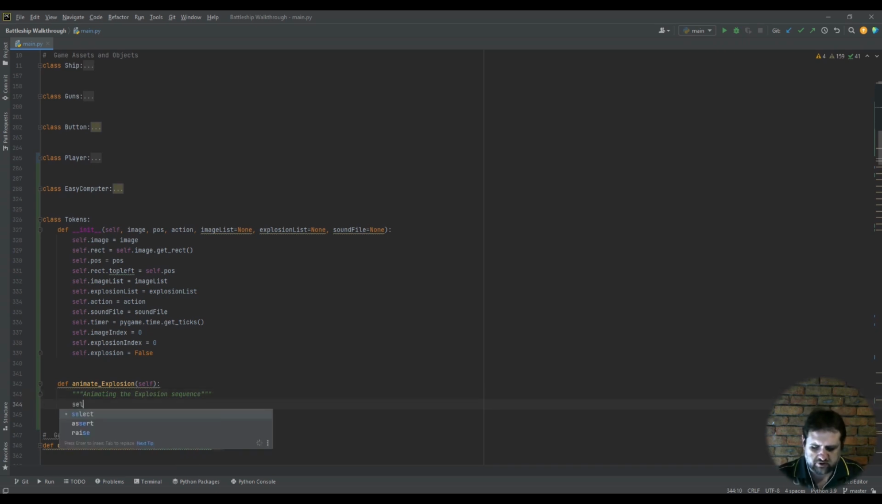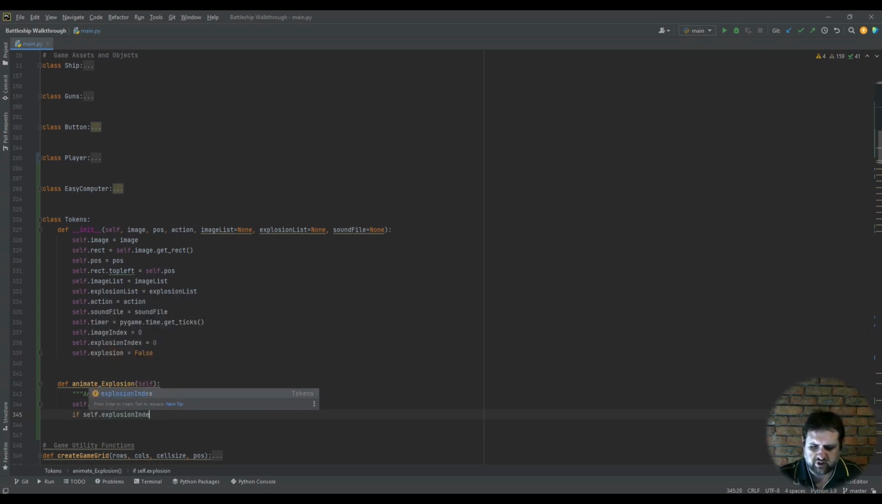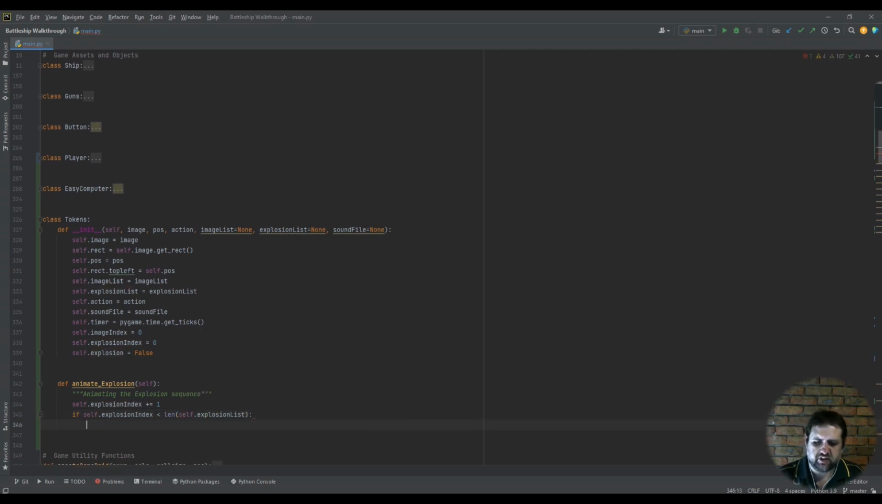Then under that we'll have self.explosion_index. We'll be setting that attribute plus equals 1. So we're advancing the index number by 1 each time we cycle through, and we call this method if self.explosion_index is less than the length of self.explosion_list. So as long as the explosion index is still less than the number of images we have for the explosion, it will then return this explosion image, self.explosion_list at self.explosion_index. Else,